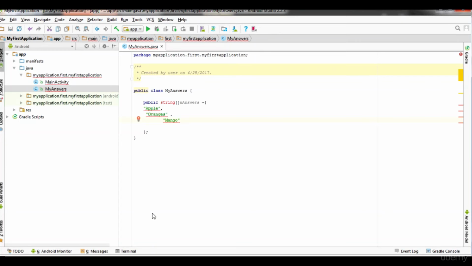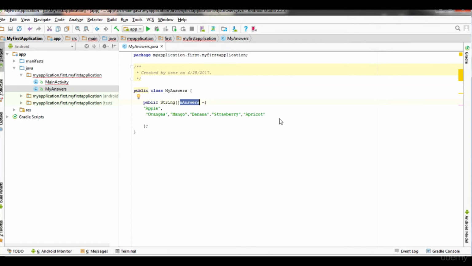Now since I have defined all the different fruits name, maybe we can take one more. Maybe I'll take apricot. So this is how you define elements in an array. This is the simple way. I'll just define it, and we'll see how it gets executed. So now we have already defined the array answers, my answers variable, and stored the values of different fruits name.